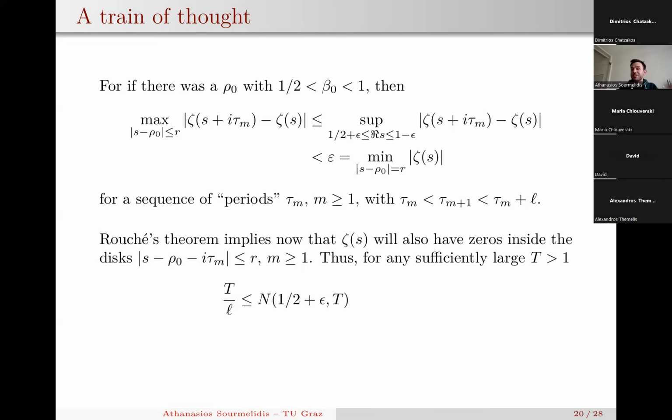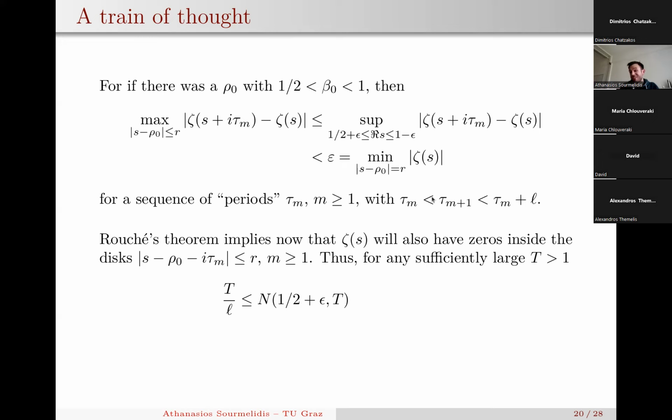And then you just apply Rouché's theorem, right? So from this inequality, you deduce that the shifted Riemann zeta-function has also a 0 in this disk, or equivalently, that the Riemann zeta-function has a 0 in the disk shifted by tau m, not only in the first, but going higher and higher. And not just in some disks, but frequently, because these periods are appearing with a frequency of 1 over lambda. Therefore, the number of hypothetical zeros off the critical line, with real part greater than 1/2 plus epsilon, is greater than the number of zeros that are inside disks, which are inside this open rectangle. And this is at least T over L, because of this